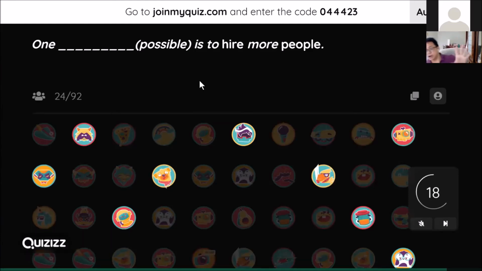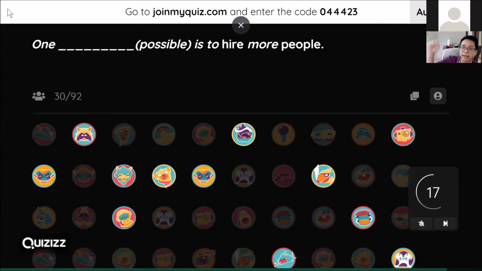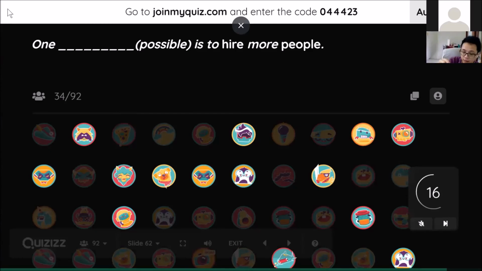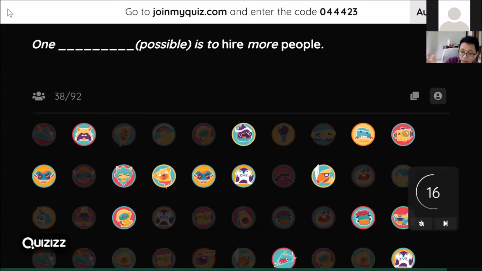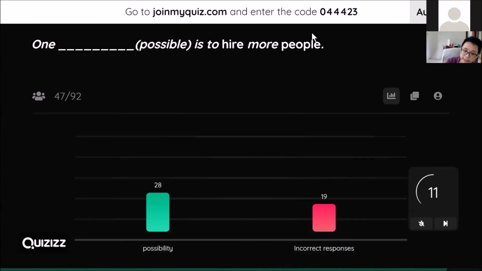Okay, this one is very, very common. One is to hire more people. One equal, one possible. So you need the noun here. Equal, because there's no noun here. One possible, so you change to possibility. Okay, you change it into